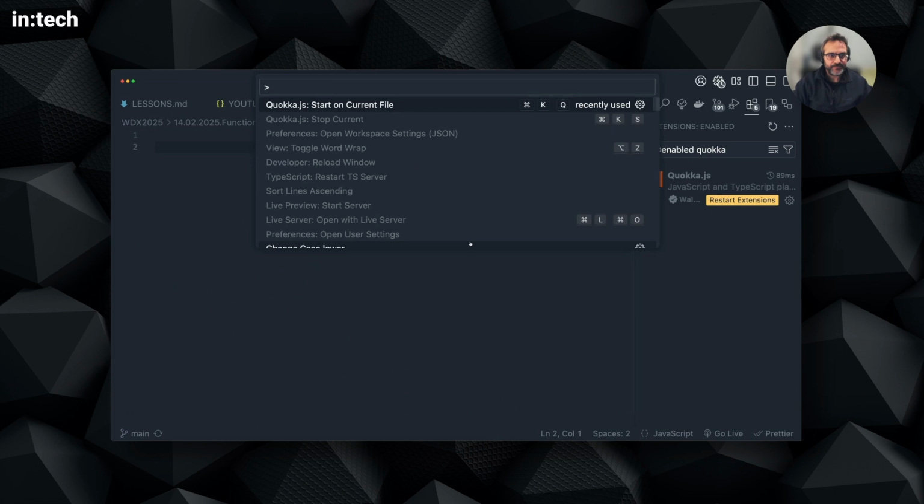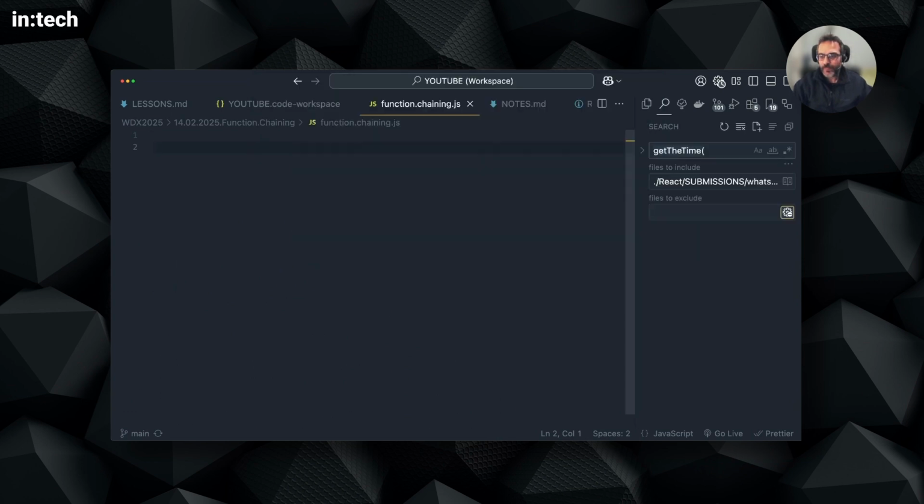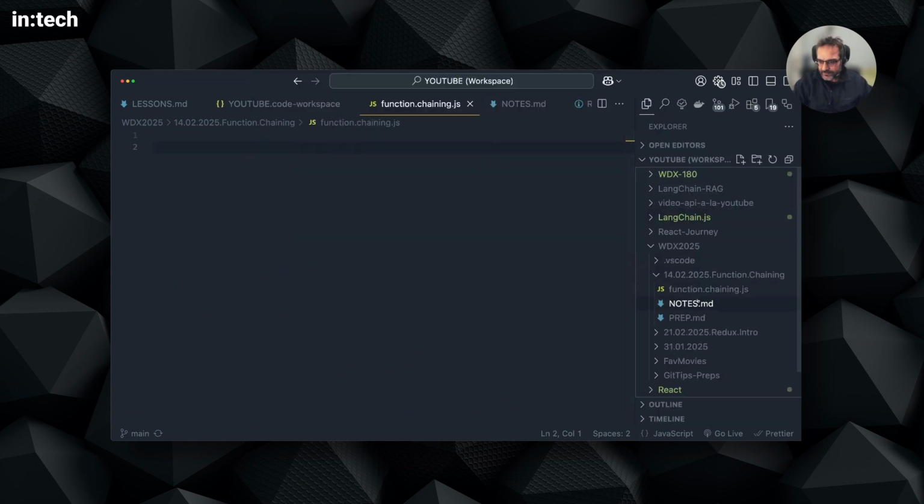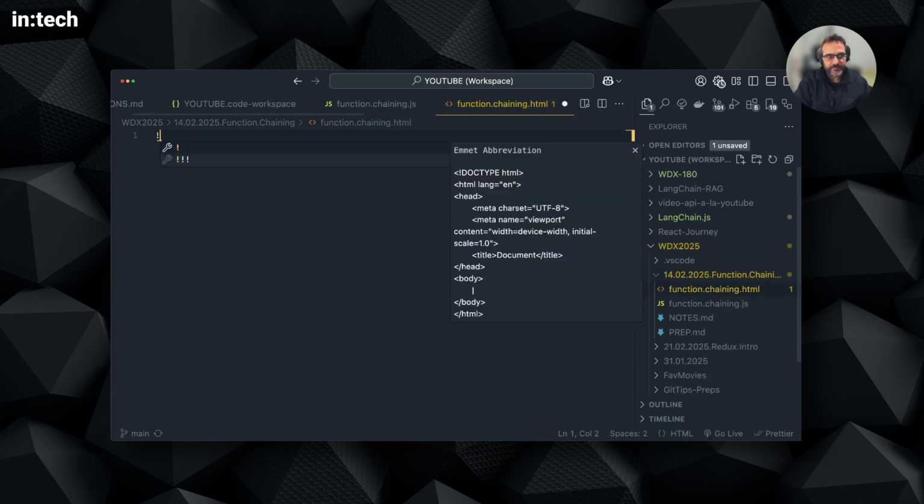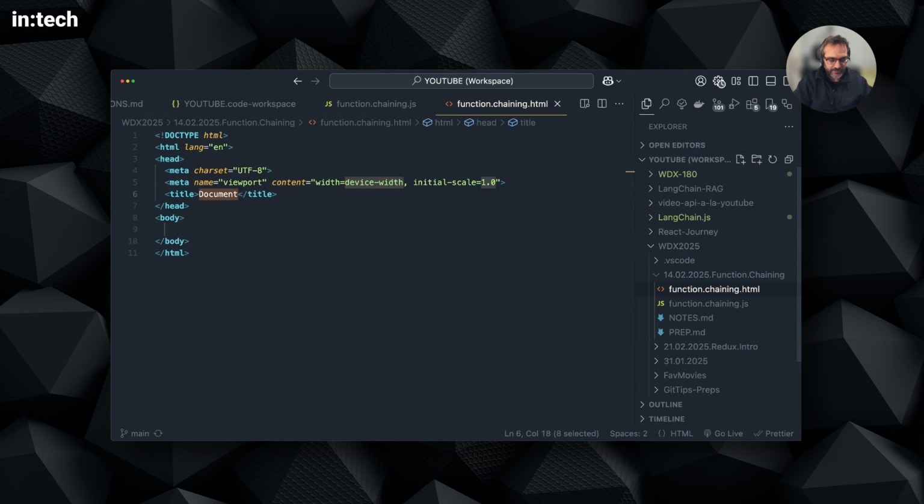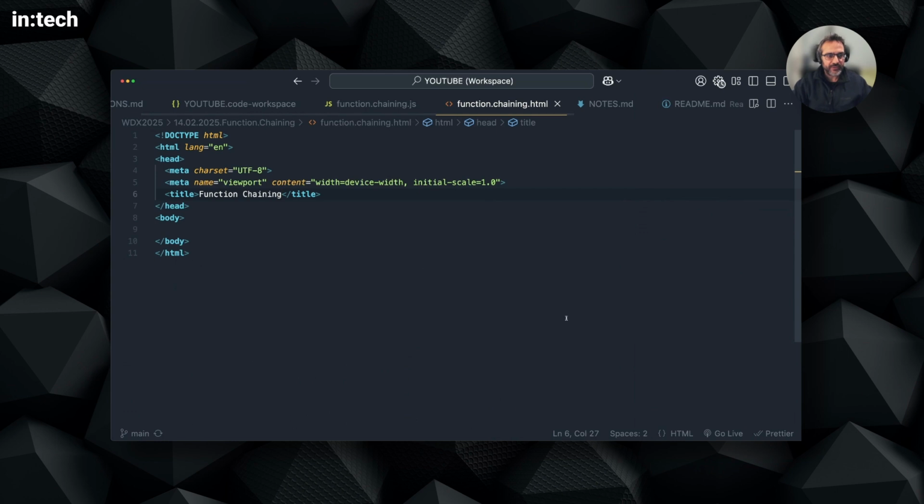So let me create a file called function chaining HTML. I'm going to use a popular library called jQuery and try to recreate these chainable functions. So I will open this up with a live server,